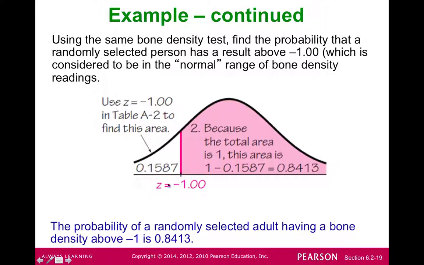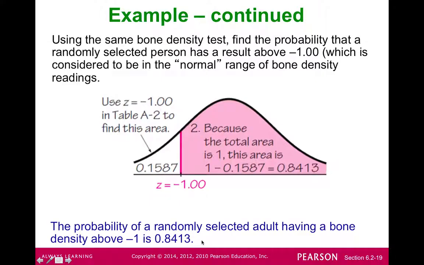of the curve, this left-hand side, this 0.1587, if we subtract that from 1, we're able to get our other side. So in this case, our values that are greater than -1. So that would be 0.8413 or 84.13%. So the probability of a randomly selected adult having a bone density test above -1 is 0.8413 or